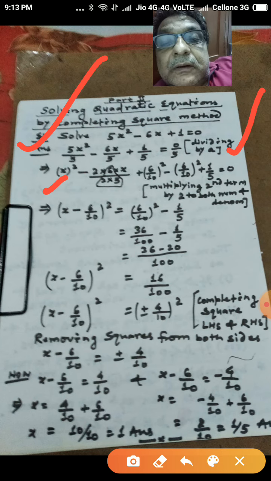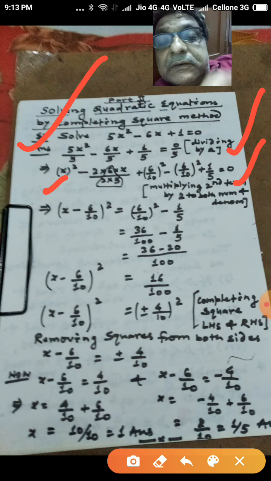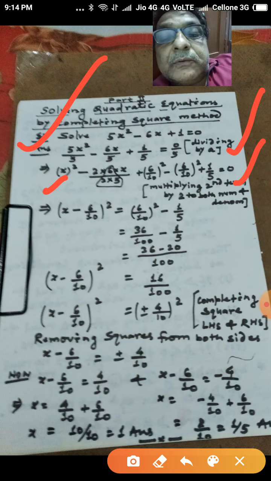Also we will subtract the square of 6 by 10, meaning thereby we have done nothing, because what term we have added, we have subtracted the same, and then we will write the remaining part of our equation, that is plus 1 by 5 equals to 0. So here, student, one thing you notice that we add and subtract b by 2a whole square. In general, it is b by 2a whole square, which is added and subtracted.